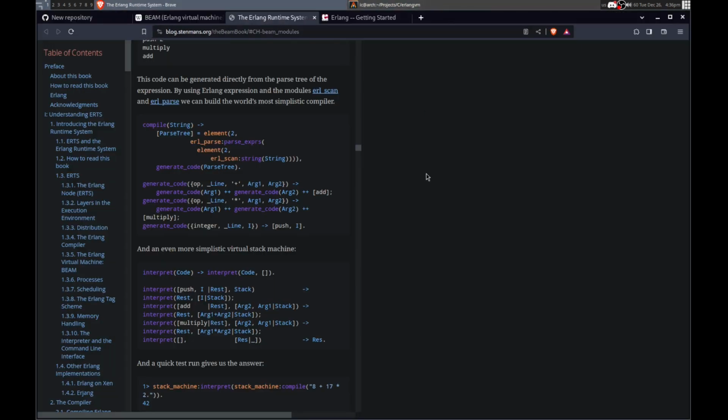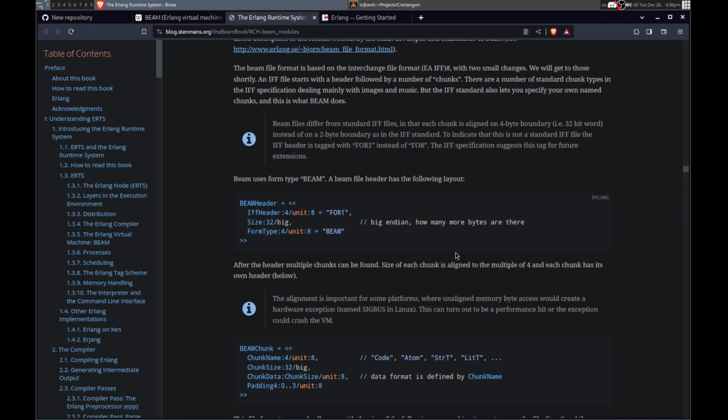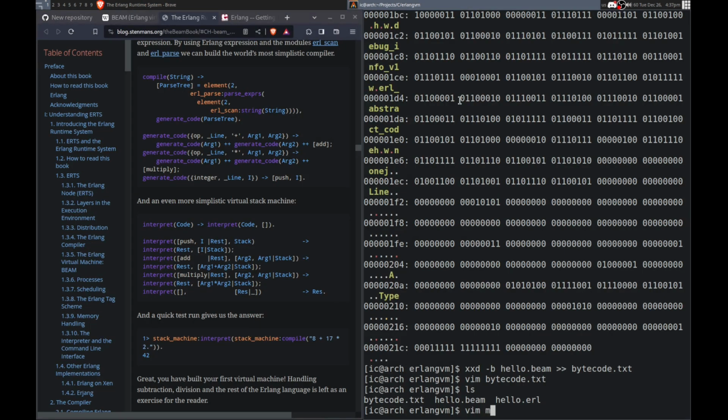But here's sort of the structure of it. So here's a header. So this is the file header. So the thing at the start of the file, that's what we're looking at. The 4.1 and the BEAM. And then here we have a size. And it's in big endian, so I need to consider that. But this is the bytes remaining in the file, it looks like. So yeah, let me try to just read this. So it shouldn't be too difficult.